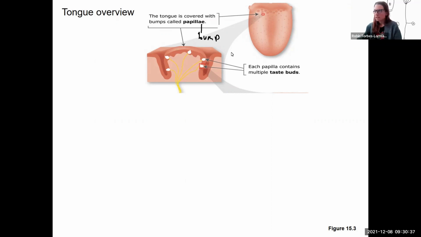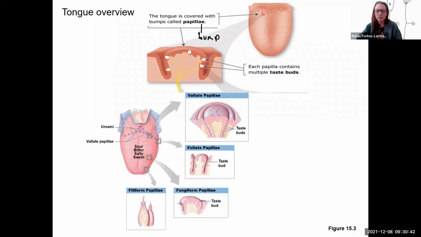So there are different types of papilla. In lab, you have the option to look at one type, the vallate papilla. These are just different structures of the bumps. They do have different proportions and locations of taste buds. So just so you're aware of that, filiform actually don't have taste buds. So there's some variety there. There's also receptors for pressure, touch, and temperature, especially on these ones, right? Because you can detect hot with your tongue. So without the detail of the different types of papilla, we are going to zoom into taste buds to see